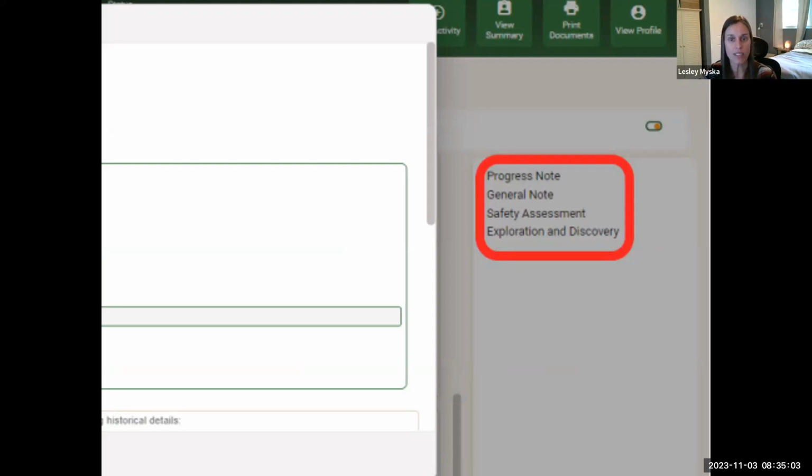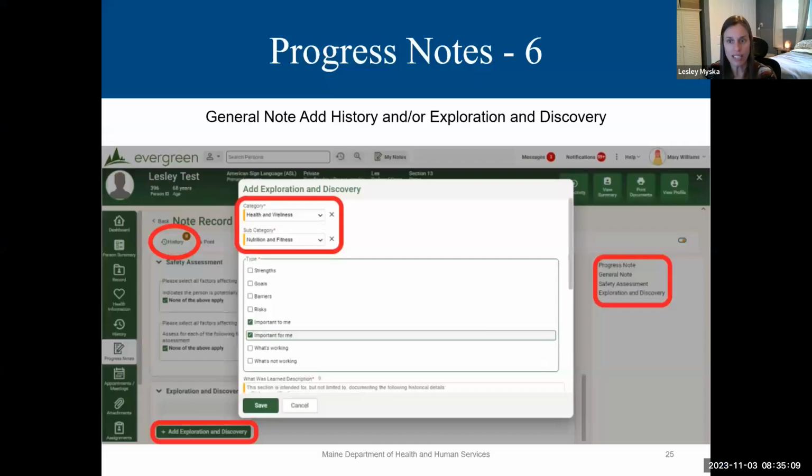And then once you saved safety assessment, it would come in here and it would show you that 4th section, exploration and discovery. This content is added using the plus add exploration and discovery button, which is in that section, and it's a multi-add list, so you can add as many exploration and discovery items as you need to. And the content is added to help support the comprehensive assessment and person-centered planning process.